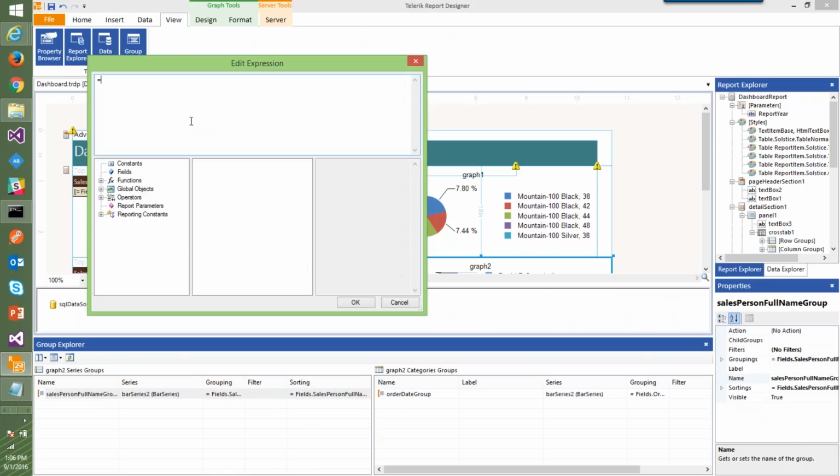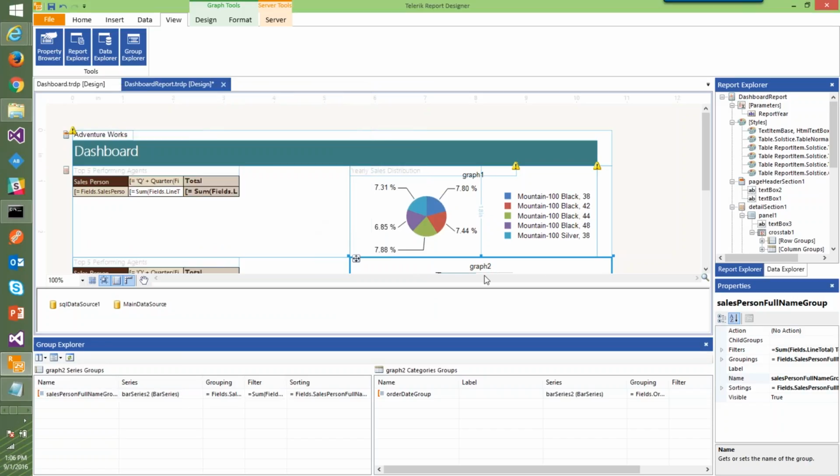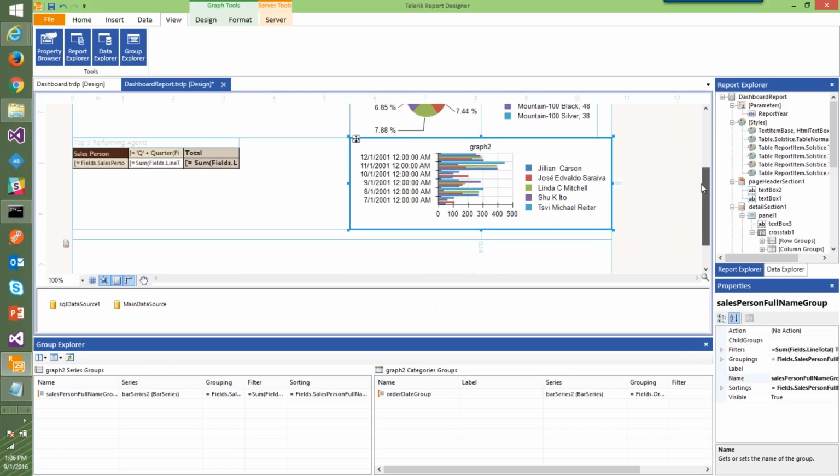I have to build an expression. I will say sum of, again it's a line total, and that's it I want, and then I will say top n value is 5, and we should see that now we will get a, yeah, as you can see here,